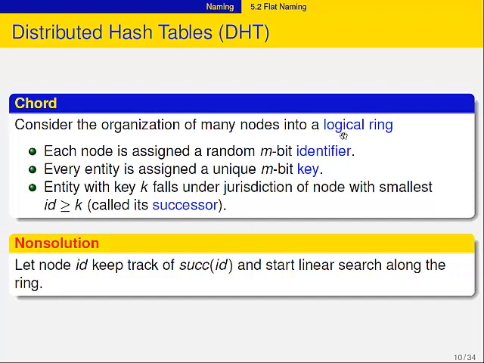Okay, so what you do is you organize your distributed system in a logical ring. These 10,000 nodes are just in a ring, and that's it. That's now my overlay structure, almost. And every node is assigned a random m-bit identifier. M is typically 128, 160. Huge. Okay? It's really huge.